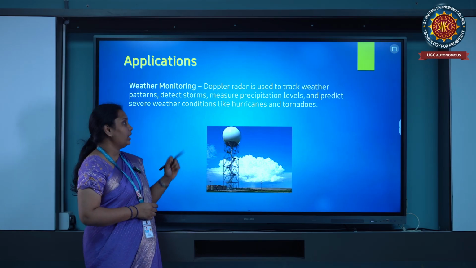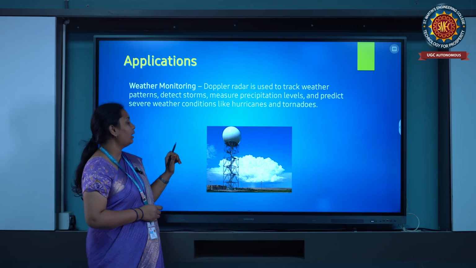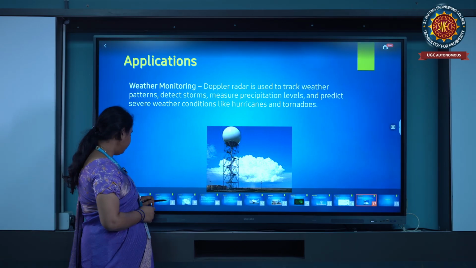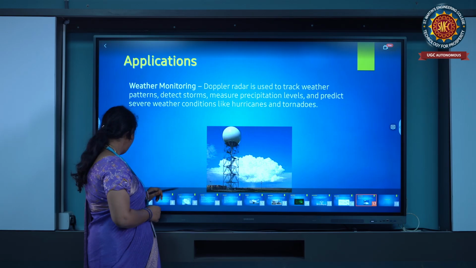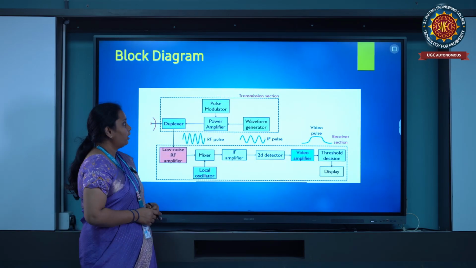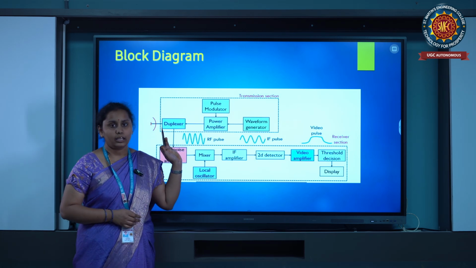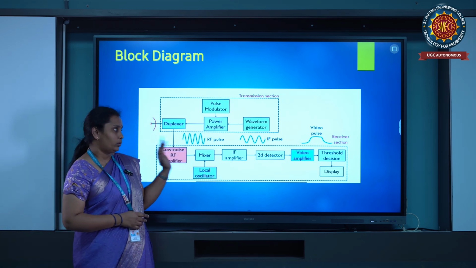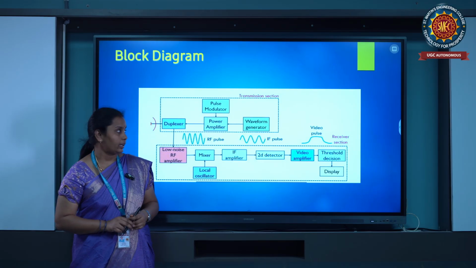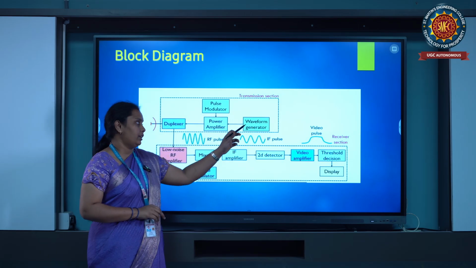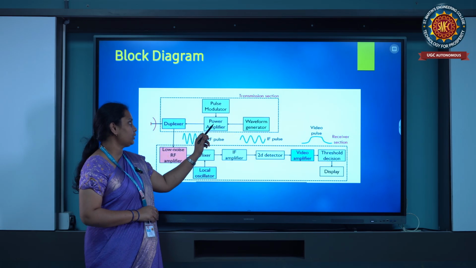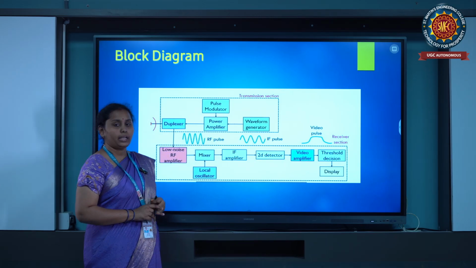Like that, we are using radar systems in many ways. By this block diagram we are fully explaining how the radar system works, right? Firstly we generate the signal, and then we send it to the transmitter.